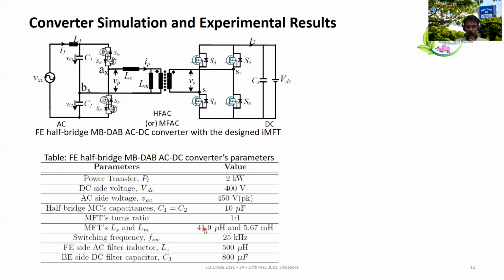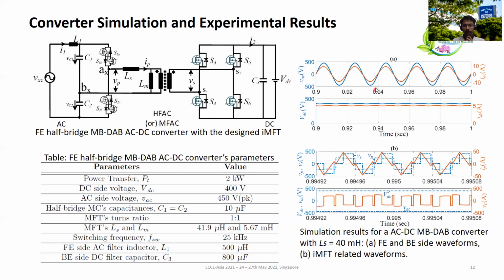So 1:1 turns ratio and 41.9 microhenry LS and 5.69 millihenry LM. We keep a switching frequency of 25 kilohertz, the AC filter inductor of 500 microhenry, and DC filter capacitor of